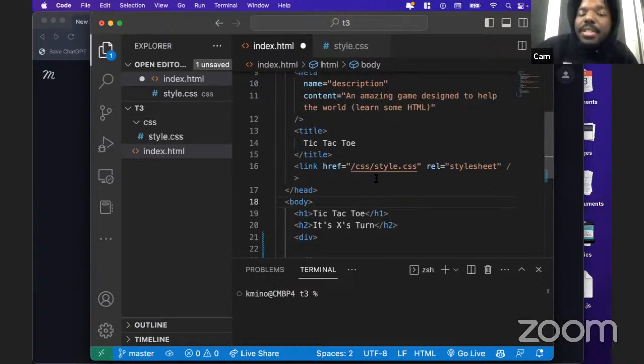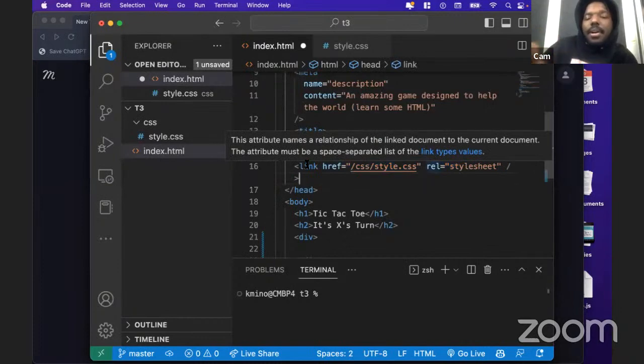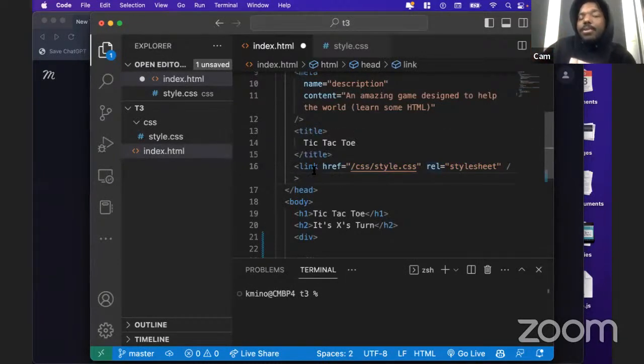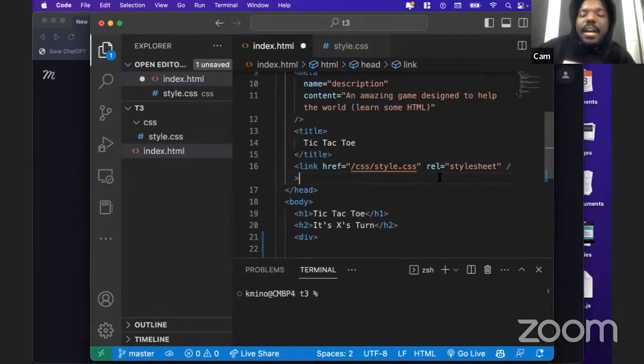So that's what we actually did here on line 16. We created a link to a CSS file with the relationship of a style sheet. Remember that the relationship attribute has a specific role to play in determining what types of linked files can be connected, right? So in this case, we have the style sheet relationship with the CSS file, and that CSS file now has all of the capabilities of